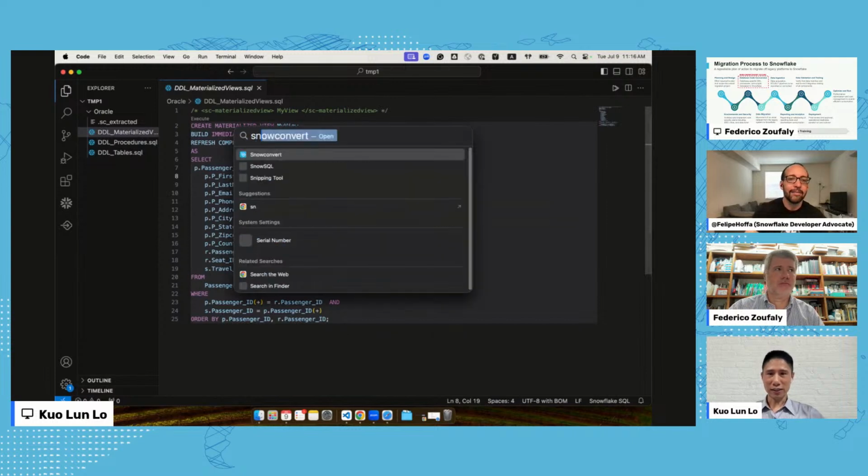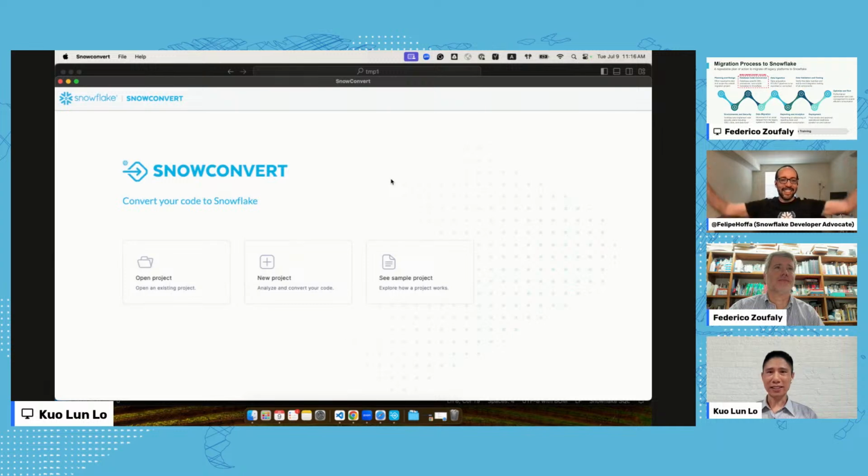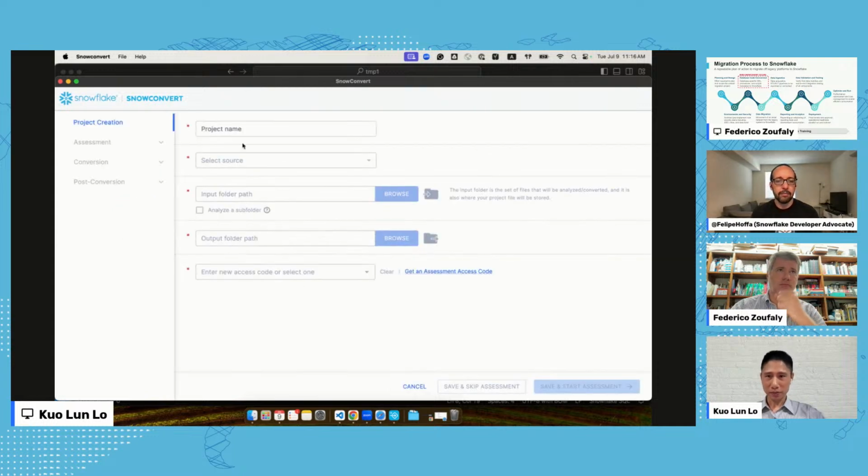Now let's open SnowConvert. SnowConvert is a standalone application for Mac and Windows. Let's start here to do our free assessment and free tables conversion. First, let's click on New Project. We have to give our project a name, let's say Oracle Sample.